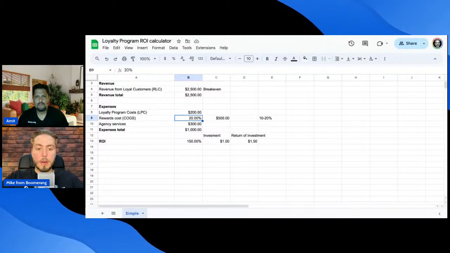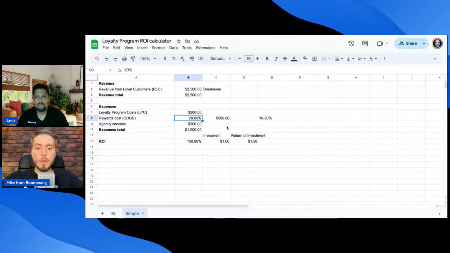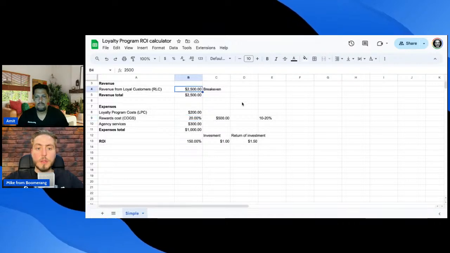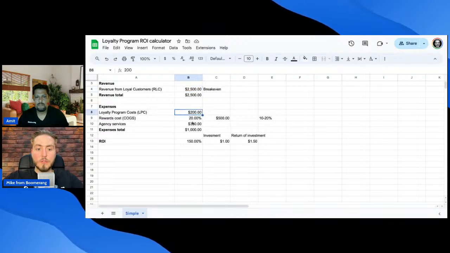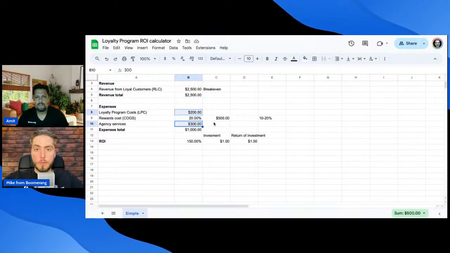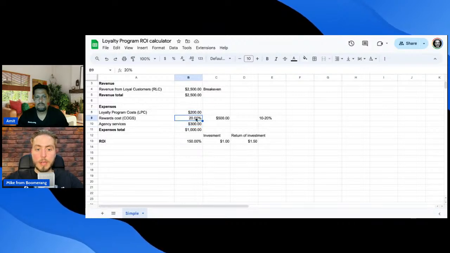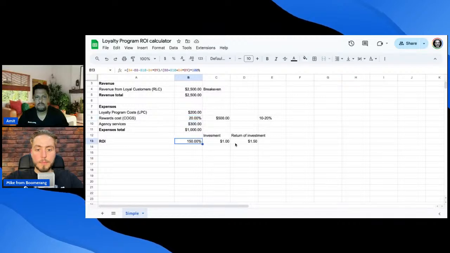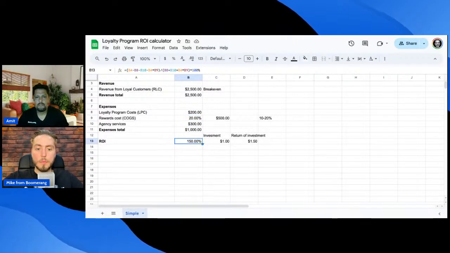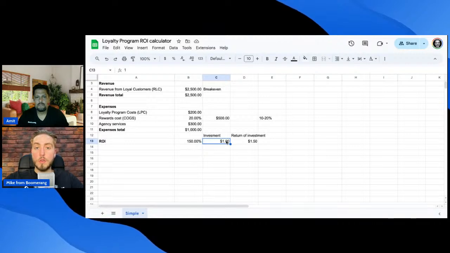I think yes. 5 visits, 20%, 100% discount on the fifth visit, fifth coffee for free. Even in this case, if we generate $2,500 as revenue, we will charge $500 for access to the platform and your services, and we will reinvest 20% in your retention campaign. You will be profitable because your loyalty program ROI will be 150%. It means each invested dollar will get your clients back